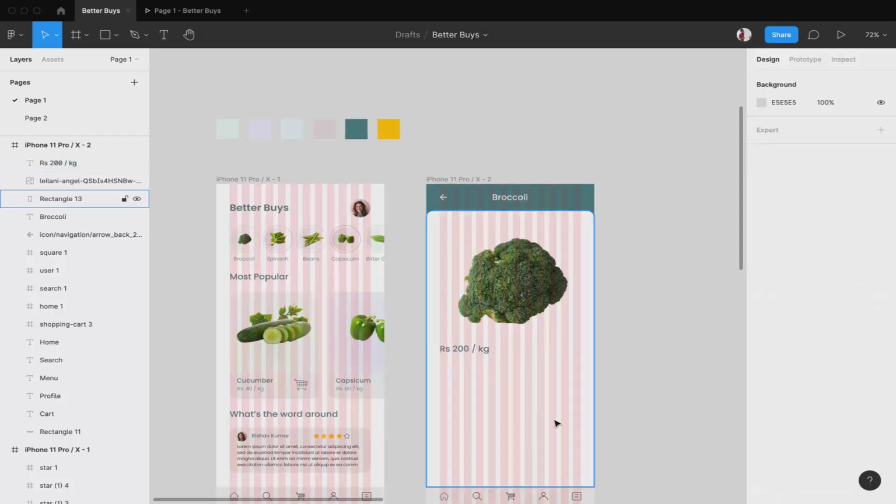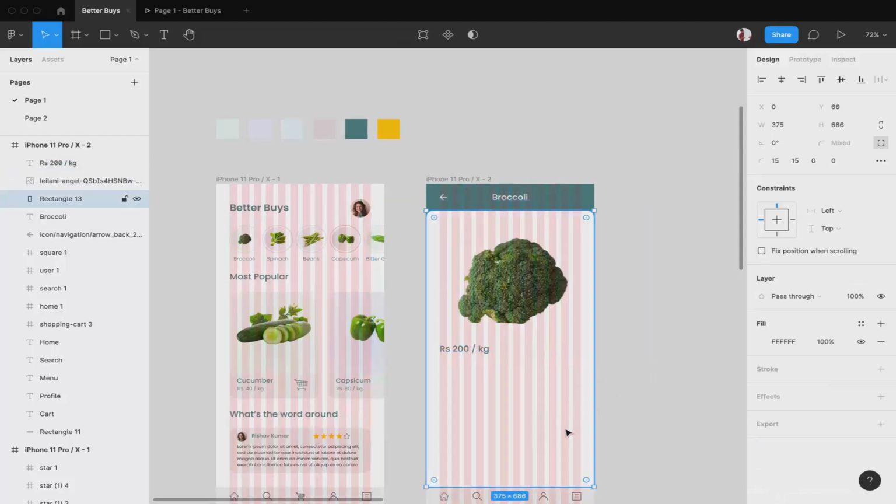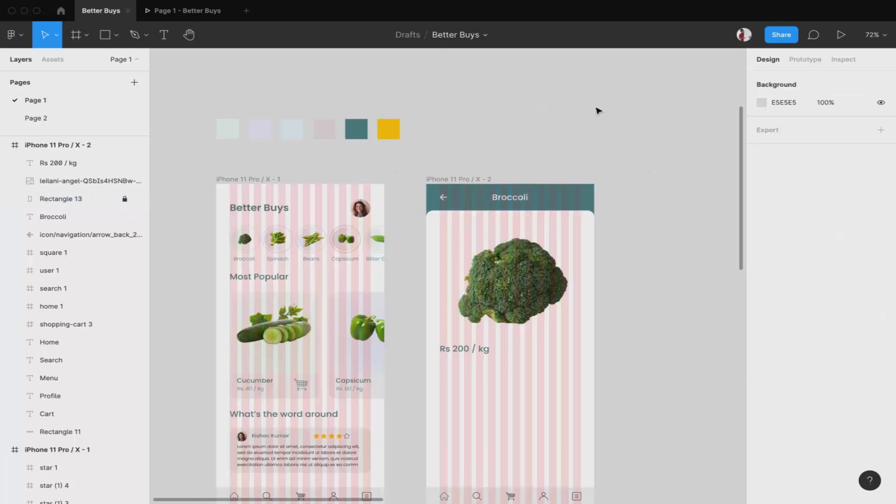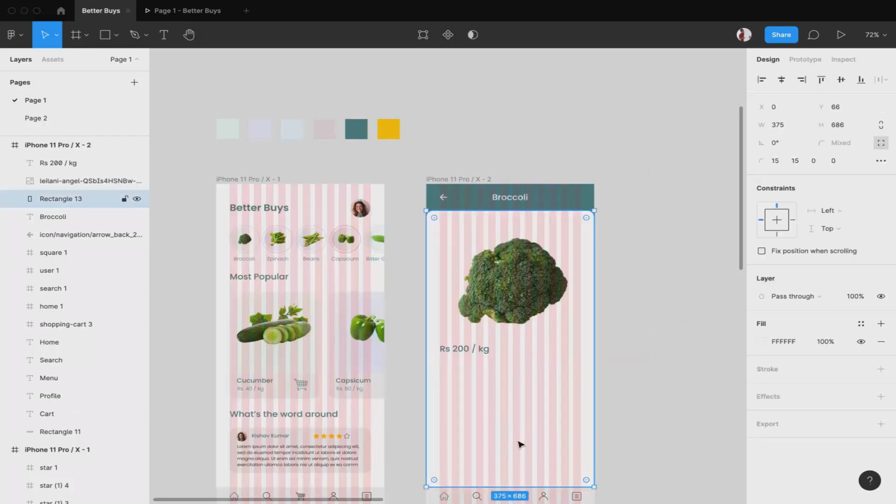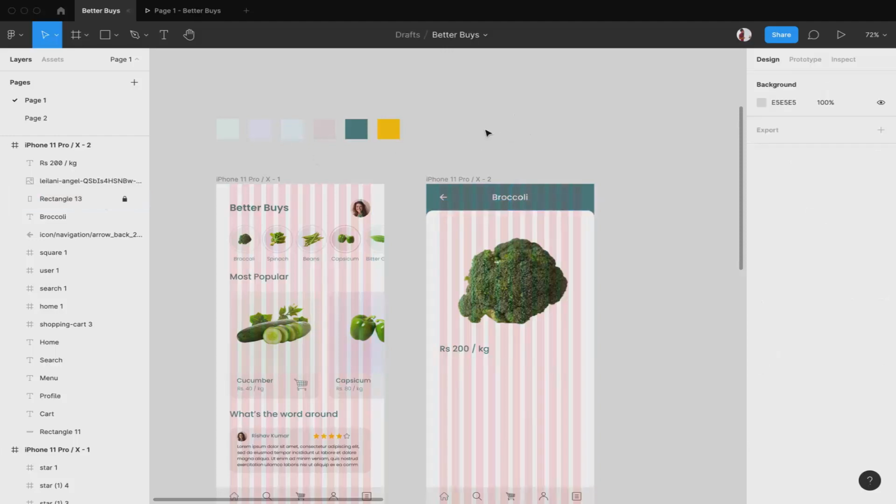Okay, now you can see that this square is getting selected every time I come here, but I don't want that. I don't want this rectangle to get selected. So what I can do is I'll simply come over here and click on this lock icon. Once we have locked this, now you see if I hover over here, it is not getting selected, and if I remove this, then if I hover over here, it will be able to be selected. Okay, so for now we don't need that, so I'll lock it.